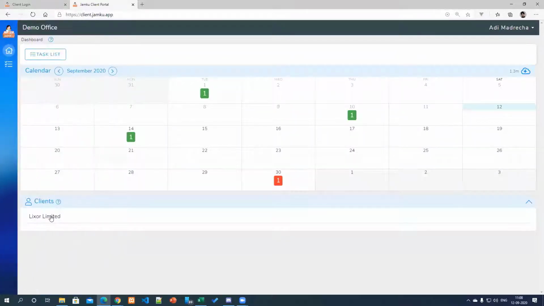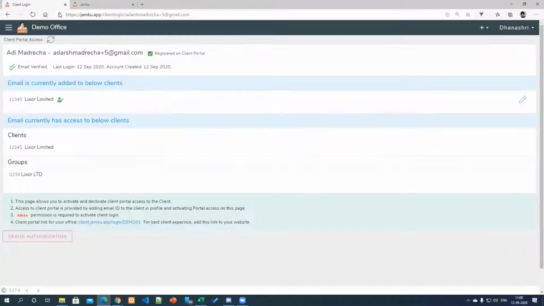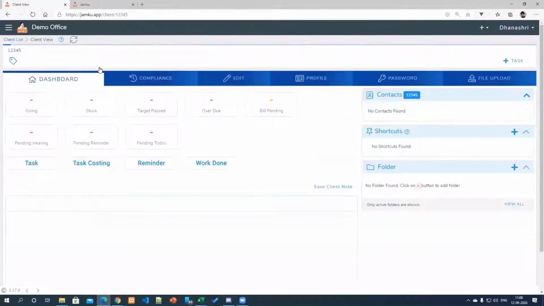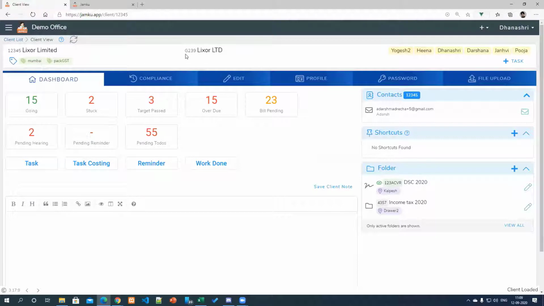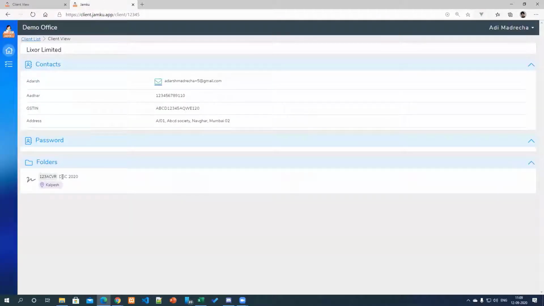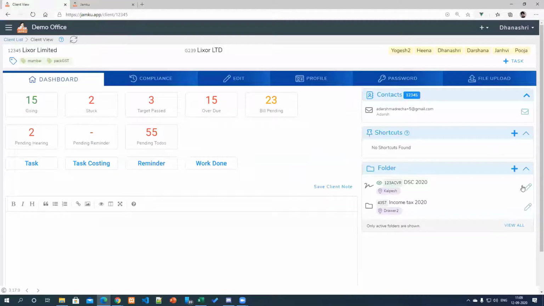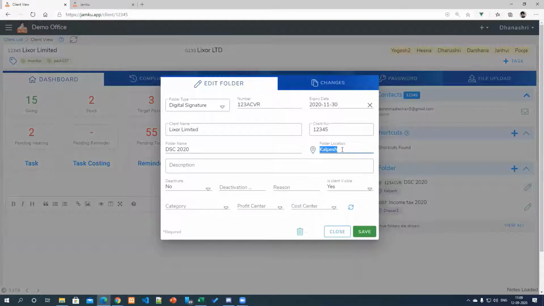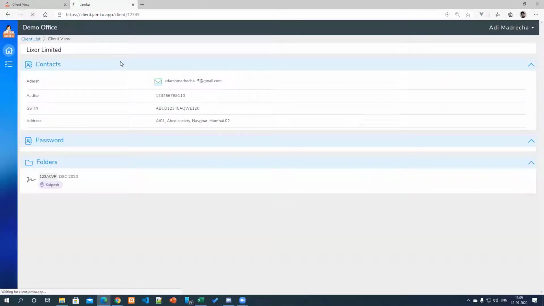And now let's get to home, and if I open the client, in client, as we recall, we had made this visible, the detailed signature. So that information is available here, that detailed signature is available. It is with which location. So if I go here and the folder location is with the client, I'll save it, and here it would show it is with the client, or I can just mention in the drawer one, D1, anything like that. So that information is visible to the client. So clients can know that this digital signature is with the office or with themselves.